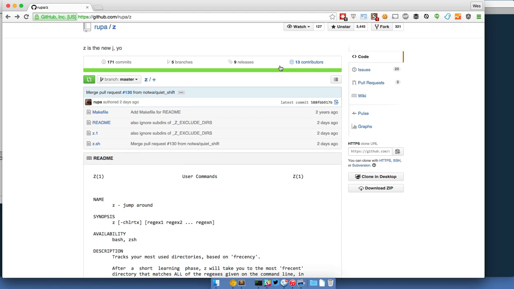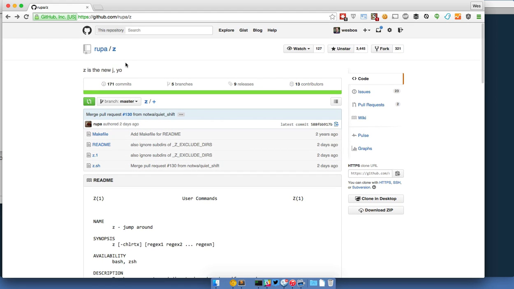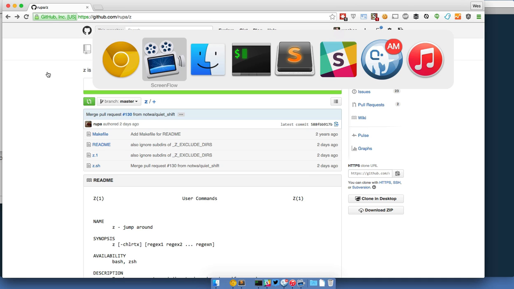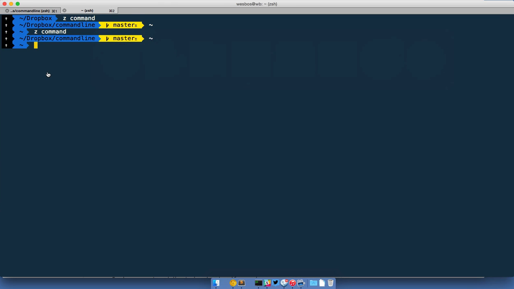Next up, we have this thing called Z, and while it has nothing to do with ZSH, it actually goes hand in hand with it quite nicely, especially if you are in the mindset and workflow of how ZSH works. So what it does is essentially allows you to jump around to some of your directories really quickly. So if you use a directory frequently, or if you have recently been to a directory with a name that